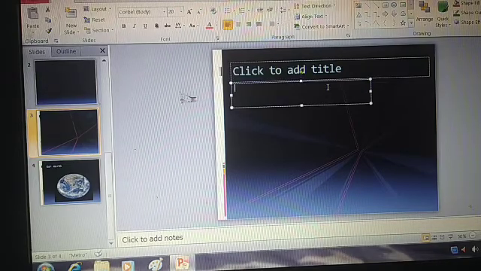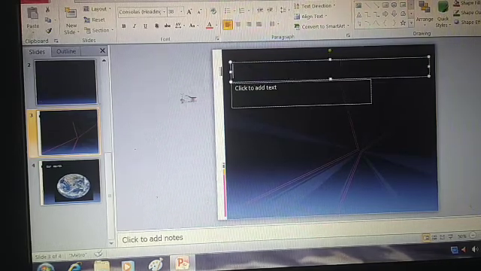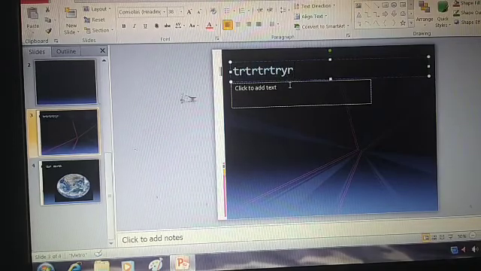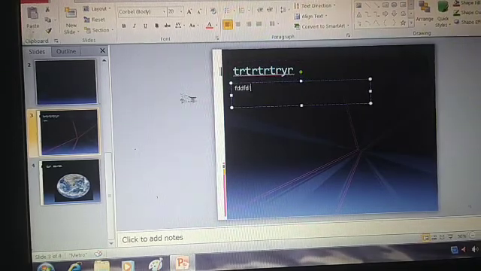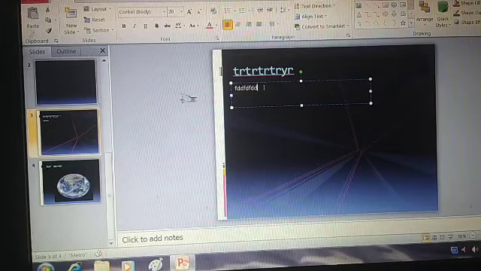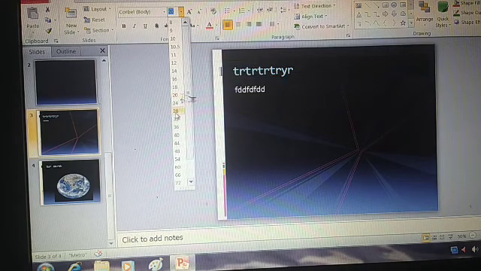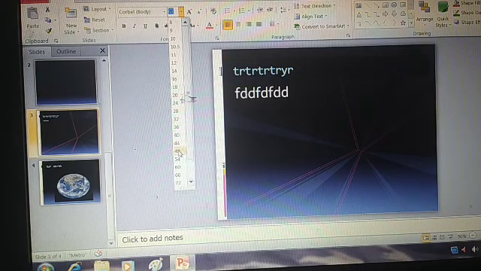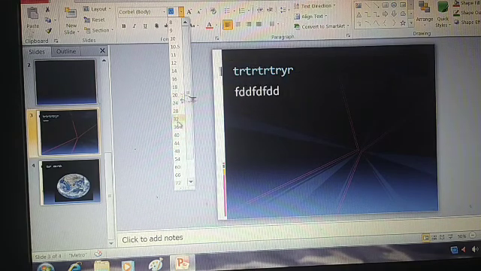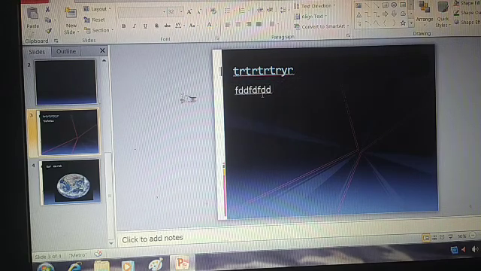Placeholders for typing. Fonts are coming. You can also change the size if you want. So these are themes.